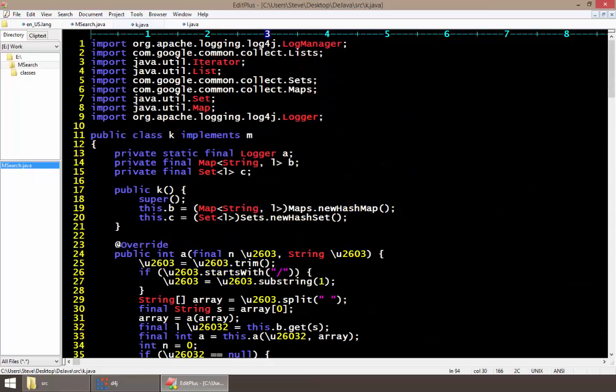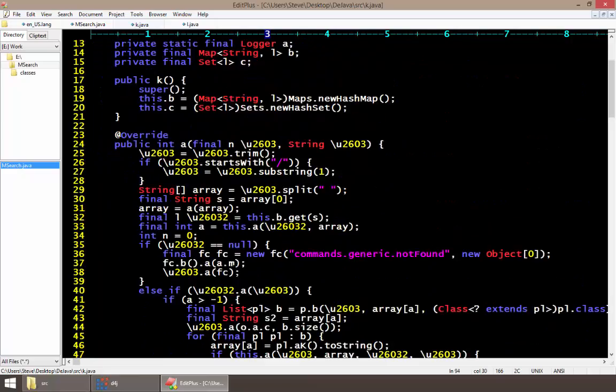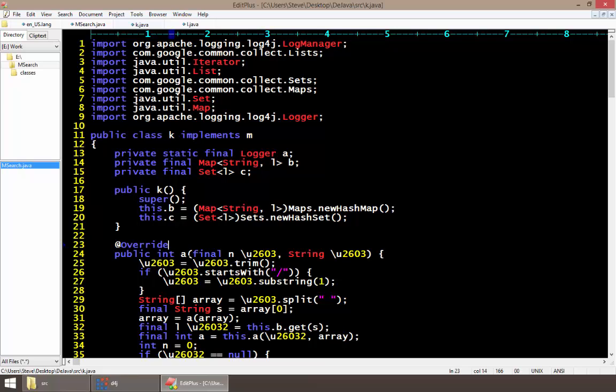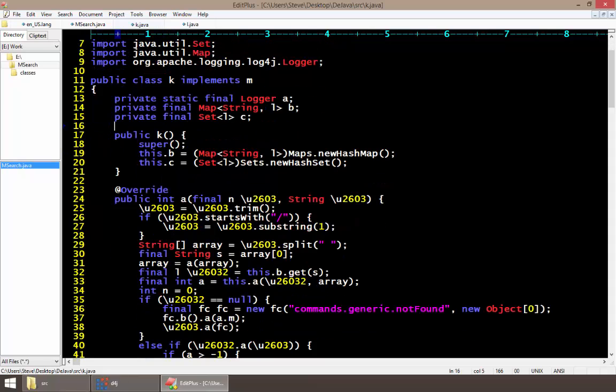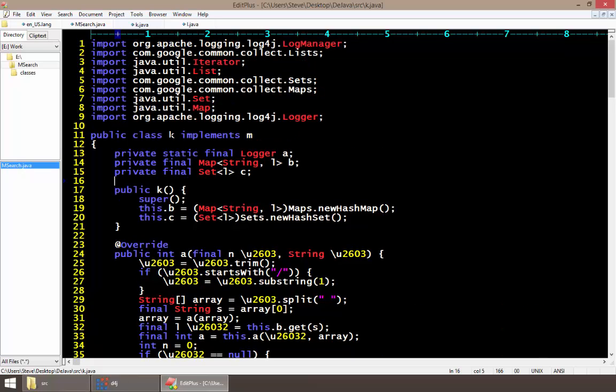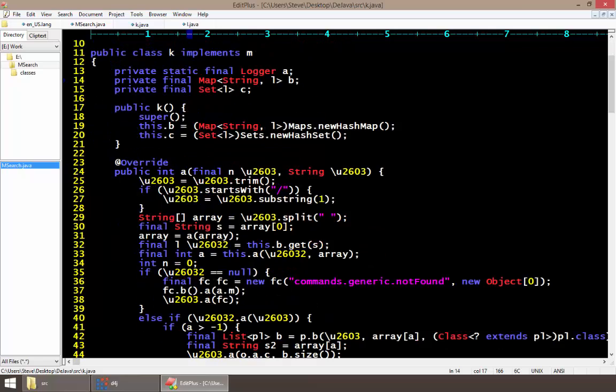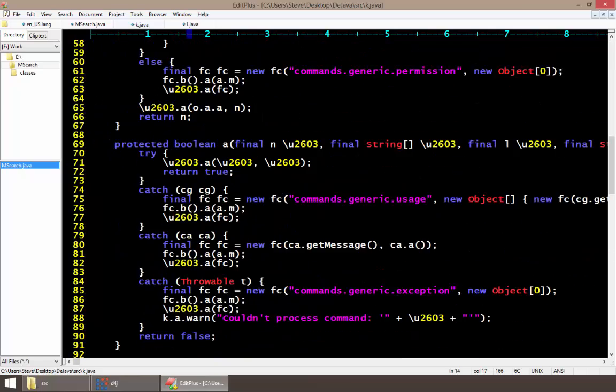Okay, so before we get into that, we need access to this class, to this K class. So we need to find out where that's being started, where it's being created. It's not an abstract class, so it probably has a new keyword somewhere creating it, or it could be an extension. So there might be another class which extends this one. I am thinking that's probably more the case, seeing as this implements an interface. So